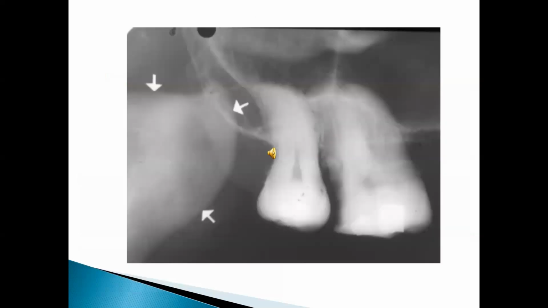Here, there is a very important question. There are 3 white arrows which show a radiopaque triangular area in a maxillary posterior radiogram. Could you identify or guess what this landmark is? A clue is that this particular landmark is not a part of the maxilla. We'll find the answer in the very next slide.